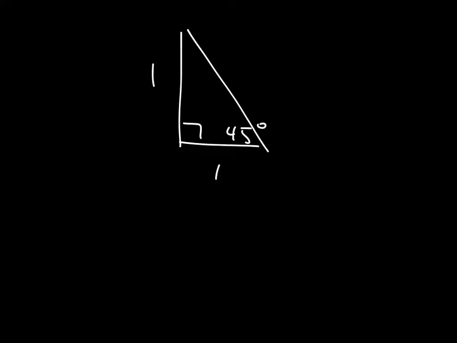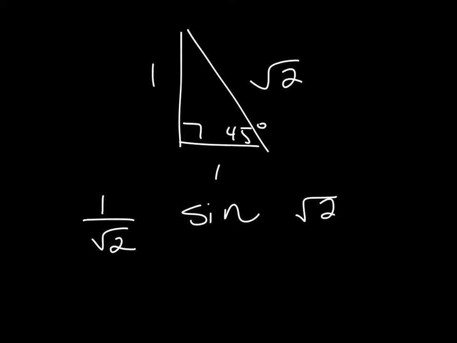We had 1 over square root of 2, and we had side opposite over hypotenuse, and then we rationalized it. So that was the sine before we rationalized it, and if I flip from this point, I get square root of 2 for cosecant. So if I do the same in the 60,